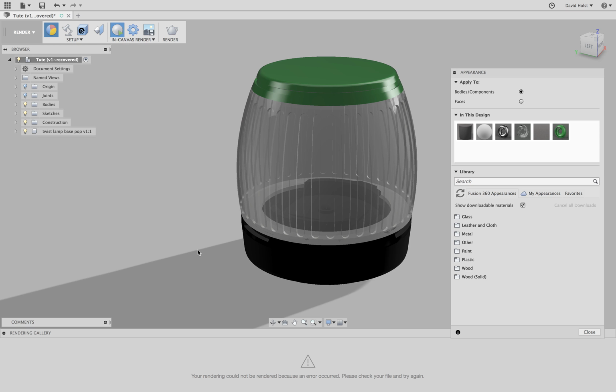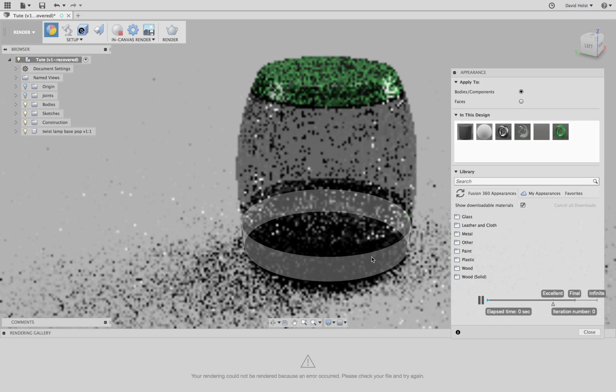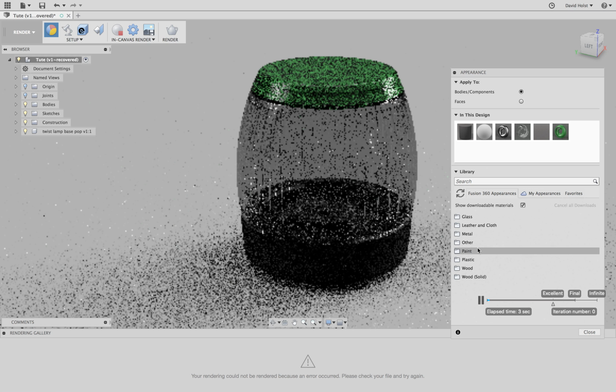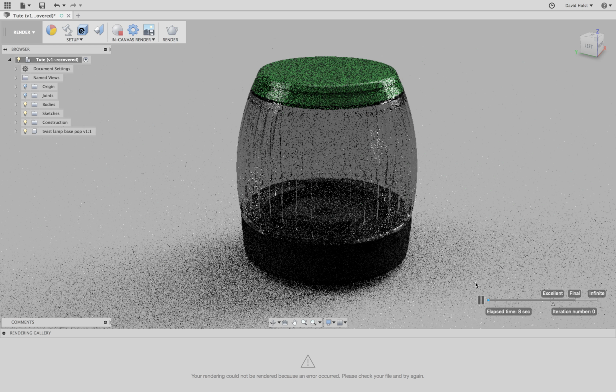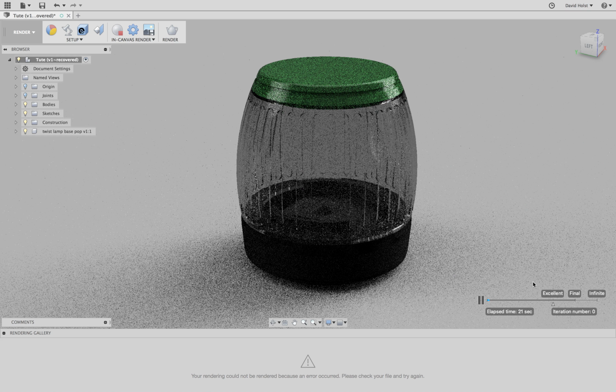Up on the play button here, that's going to start your in-canvas render. This is actually going to use all the computer's power to try and generate quite a realistic looking version of your lamp. Depending on the power of your computer, you pretty much want to get it up to excellent if you can. So you might have to wait a while while it does that. And once you get visually something on the screen that looks like what you want, and I imagine it'll be up near this excellent side of things, up in this in-canvas render,